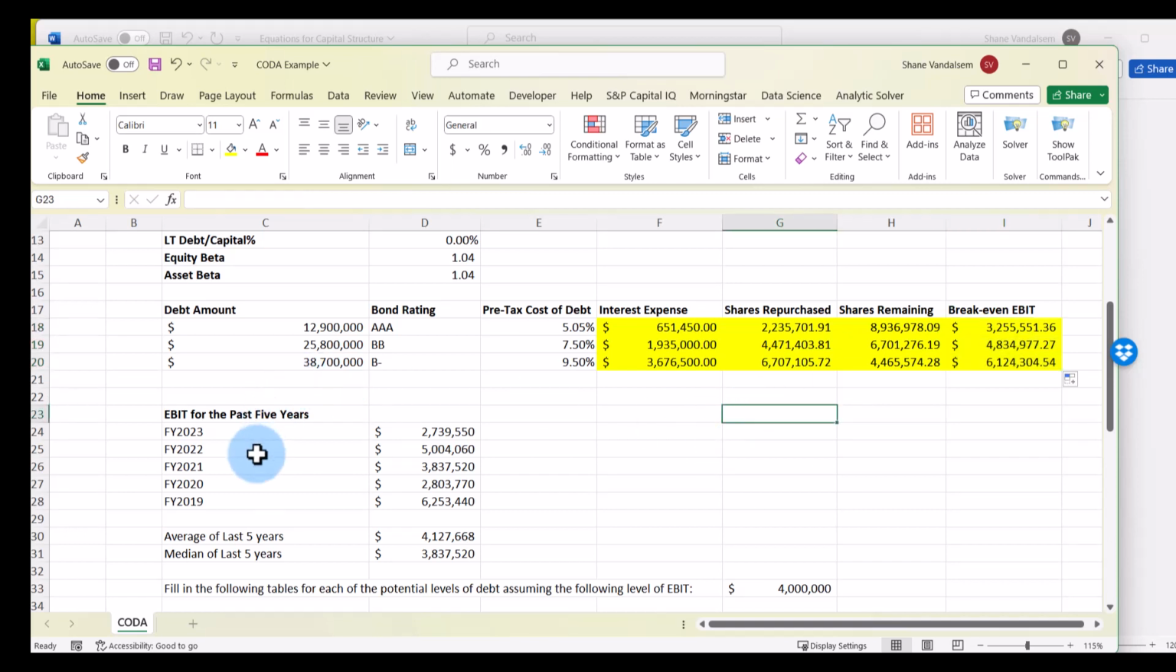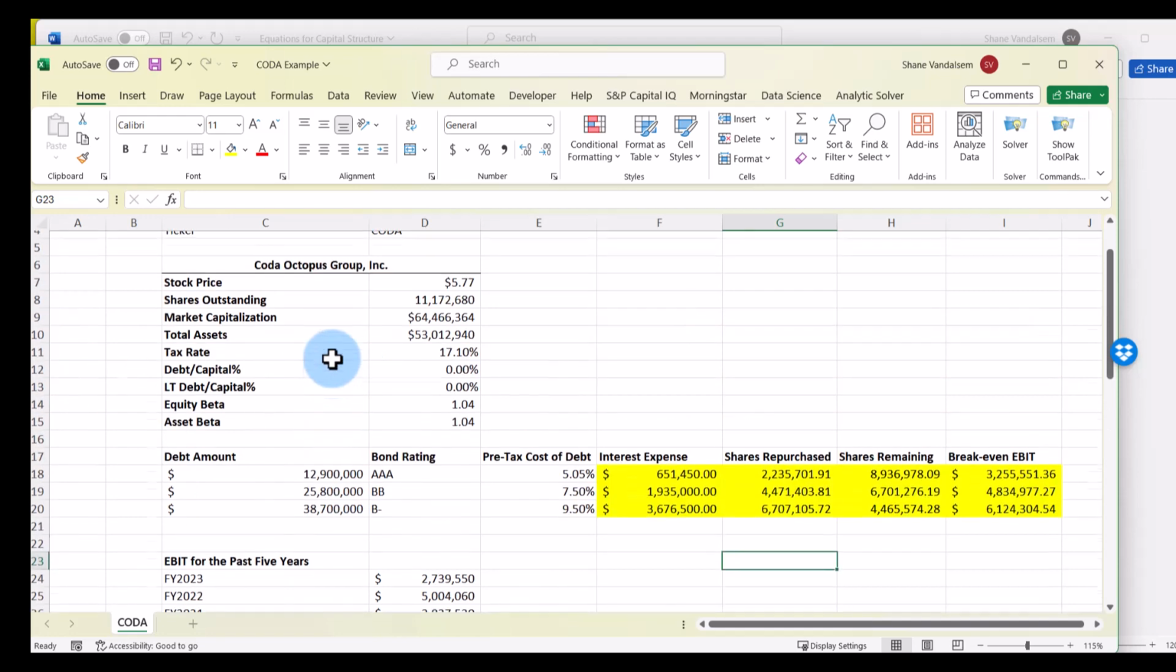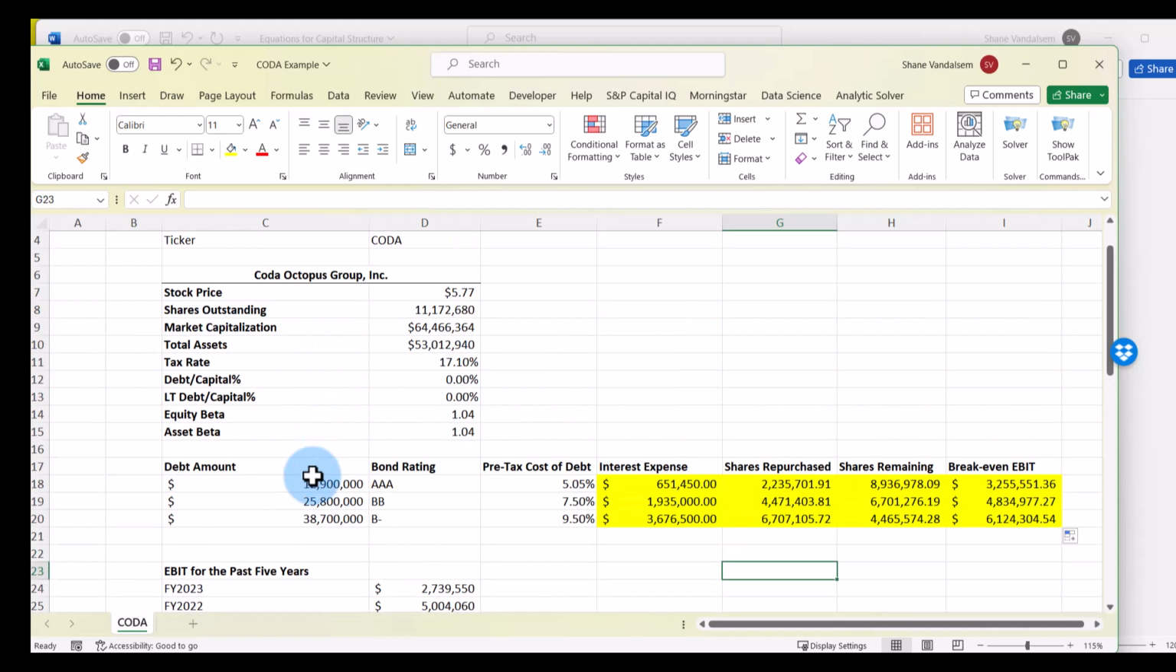So what we've got here in rows 23 through 28 are the EBITs for CODA for the last 5 years. And you can see here it's pretty volatile for this company. And it kind of makes sense why the firm currently doesn't have any debt, because their operating earnings are pretty volatile. We can see here, even with the lowest level of debt we're looking at, which is still quite a bit of debt for the firm,